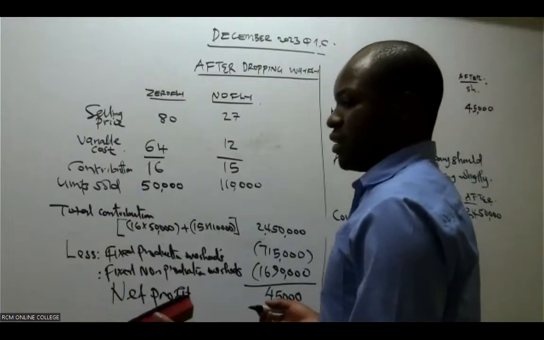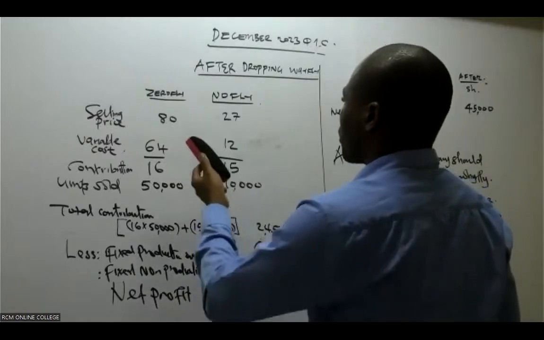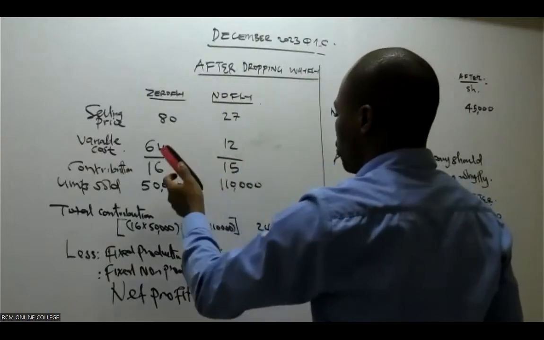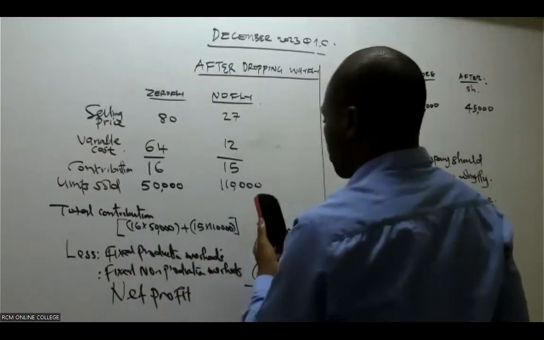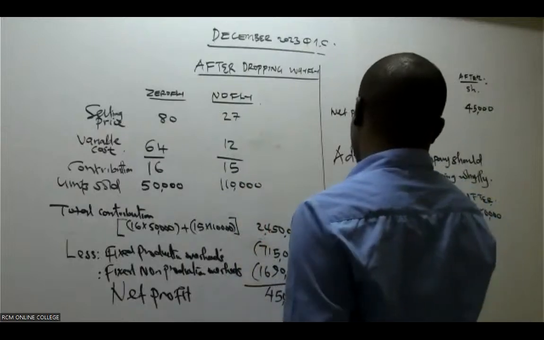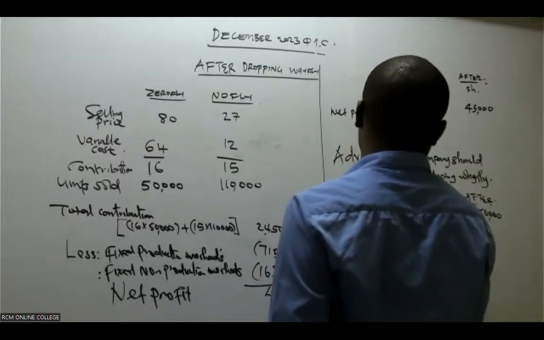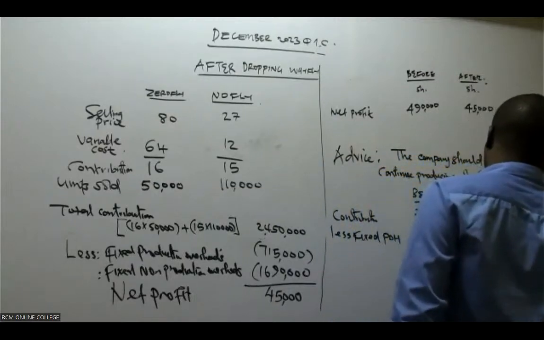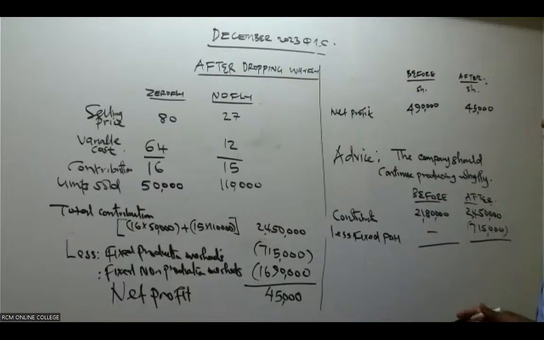Then we less any other cost that will be introduced as a result of dropping that. Now, when it dropped Y-fly, we are able to see that No-fly has been increased. Increase in the number of No-fly to be produced led to the introduction of fixed production overhead, which was 6.5 shillings per unit, giving us 7.15. So let's now less fixed production overhead, which is not affecting it before but after. So let's look at it. What is the profit that is remaining before we less the one which will not inform your decision? So this one will remain to be